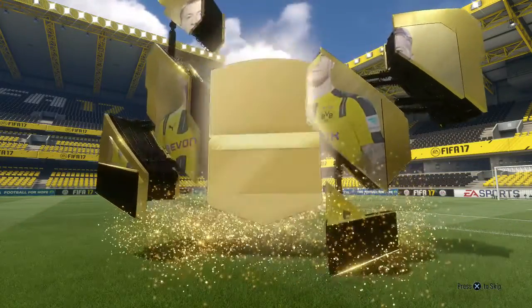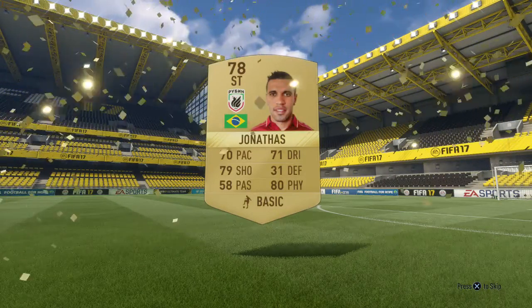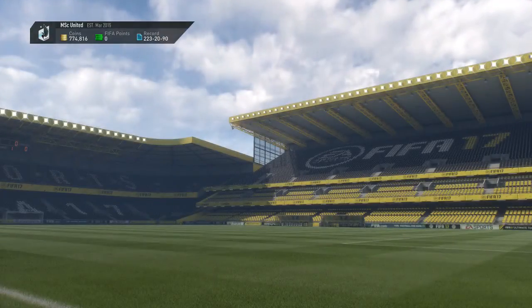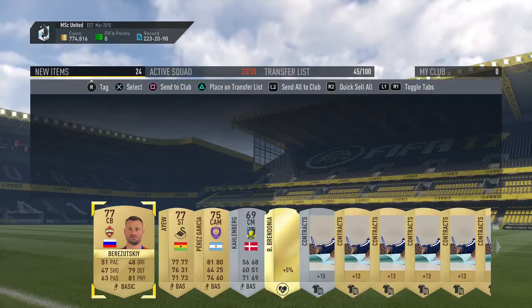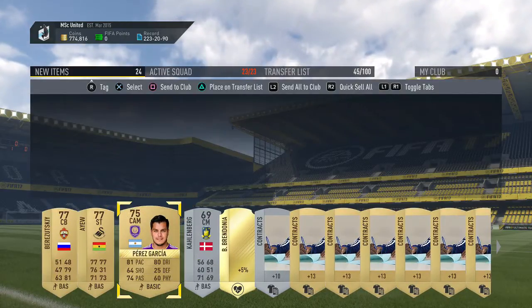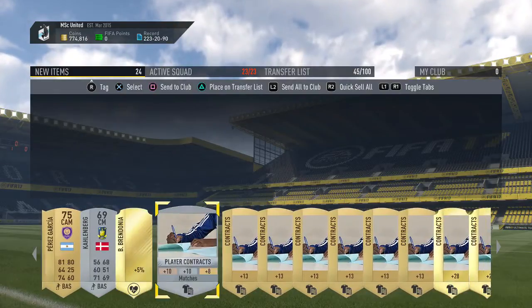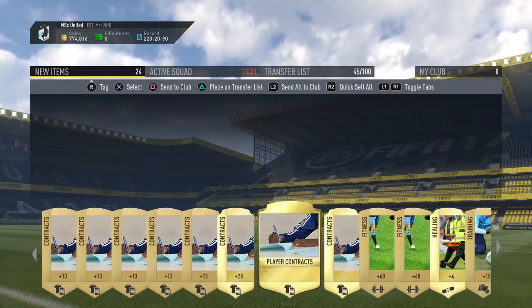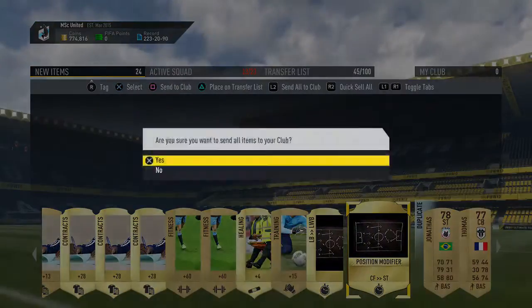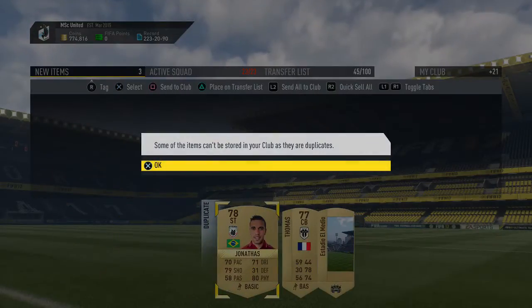Marco Reus on the pack, no rare player at all. What the heck? Not the best pack opening. We get Jonatas from the Russian club here. Let's see whether we get anyone useful in here. Another Russian player, Ayu, and another Orlando player from the MLS. Well, that's a pretty bad pack opening and a pretty bad pack. Not gonna lie. Let's send all this to the club, send the 2 players to the transfer list, and then